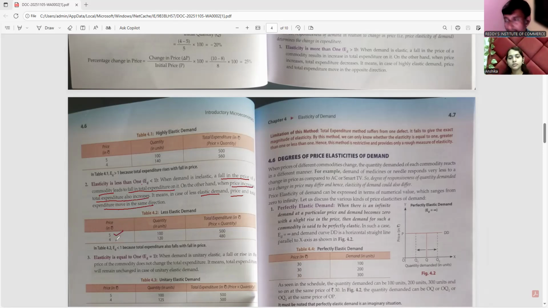When the price was 500, we bought 100 units and total expenditure was 500. When price falls, quantity increased from 100 to 120, but total expenditure decreases. Why? Because our heading is that elasticity is less than 1. It means ED is less than 1. Right? Your elasticity is less than 1 because of the reason